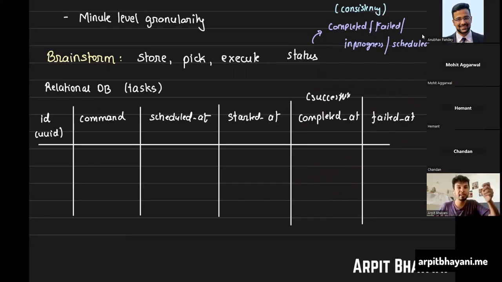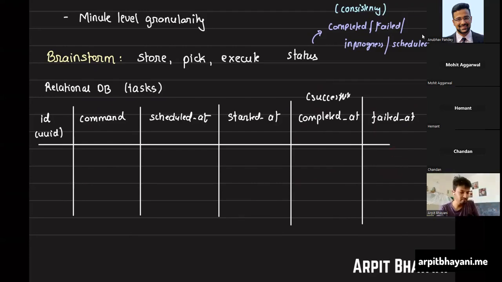If it's a runtime exception that your process is handling and killing itself, you may choose to set failed at in that case. But if it is an abrupt thing that you don't know about, because there are some exceptions which you yourself are generating. For example, let's say a task was requiring a particular parameter and you did not pass it. You explicitly mark the task as failed and you kill yourself. But if it was an abrupt failure because of a runtime exception, then you would not get the chance to do it.